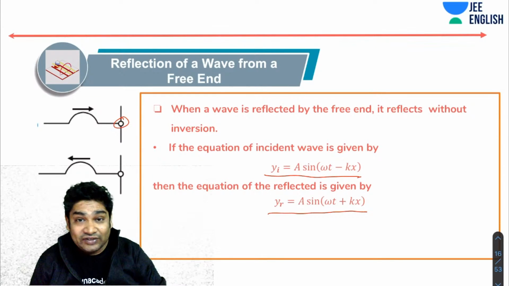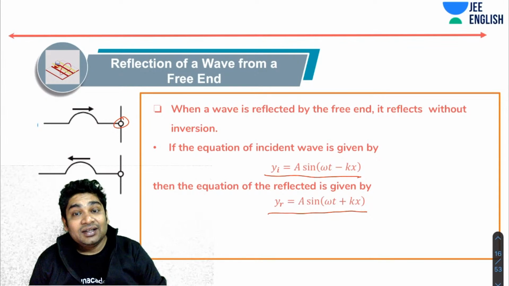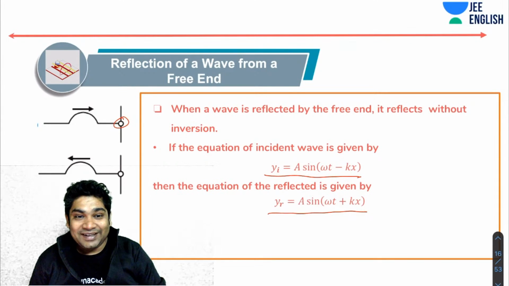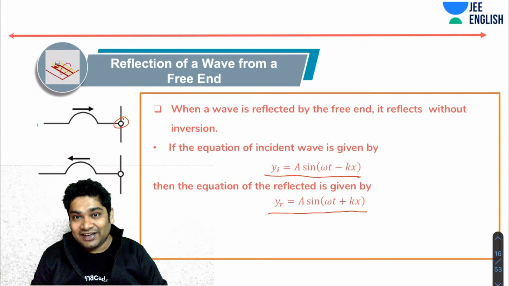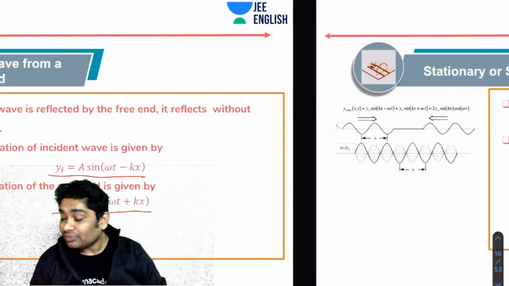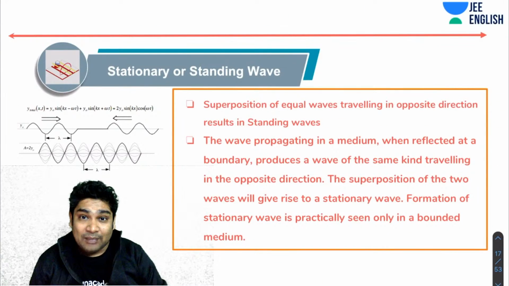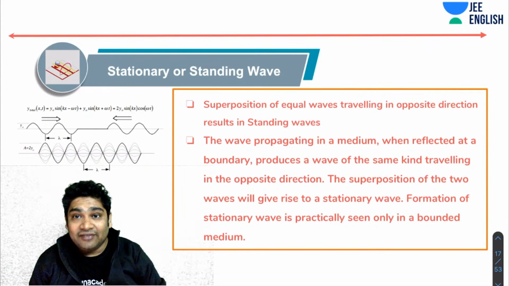Okay, so there is no phase change in such a reflection. Again, I'm not explaining that right now. We are just quickly talking about what happens. Now, what happens is that a stationary wave or a standing wave is the superimposition of two equal waves